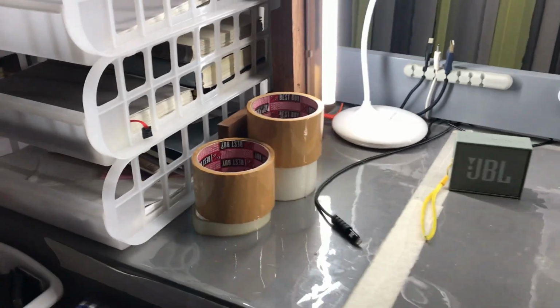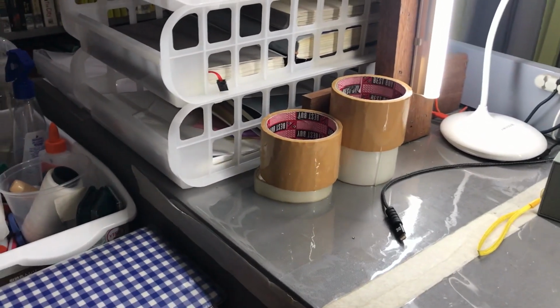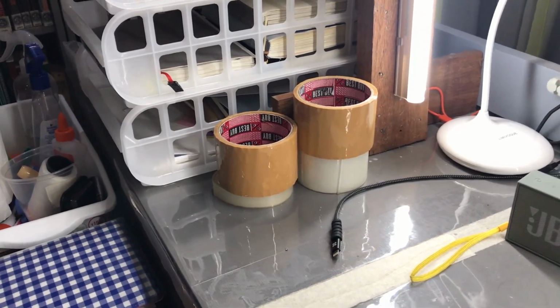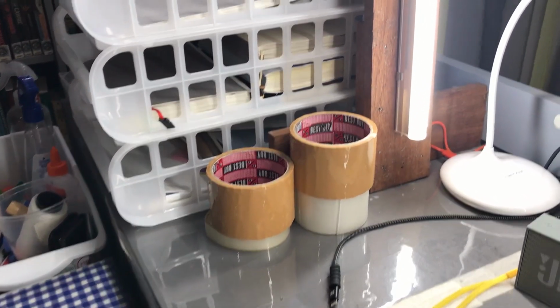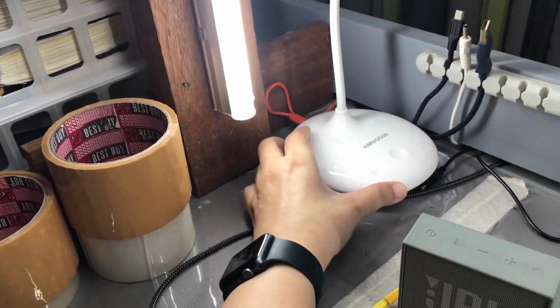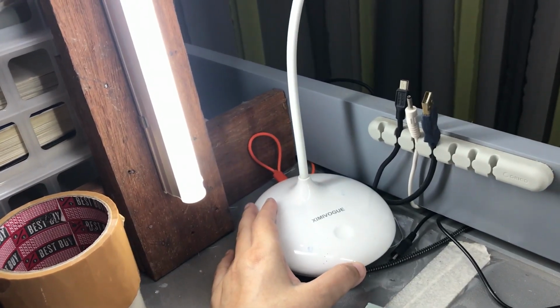I also have 10 notebooks to make for my friend Viti, but she is not in a hurry. She has already bought 15 notebooks from me in 2020, but I have to make notebooks for her within the next couple of months. And this is a rechargeable lamp, and I like that it has a warm light,